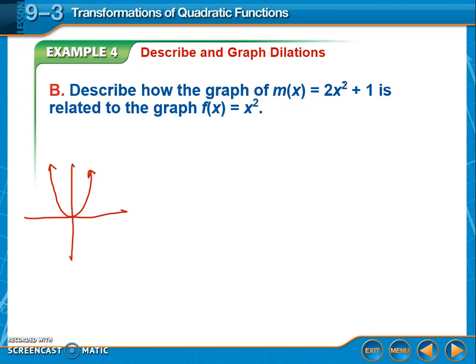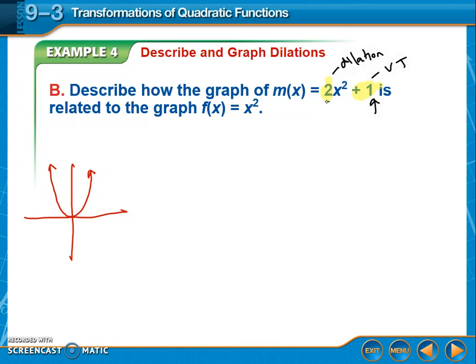And I want to know what I'm going to do to this graph to get this. So I'm paying attention to the two being done different. What I have different is the 2x squared, so the 2 and the plus 1. The 2 in front of x squared means it's a dilation, and this plus 1 is a vertical translation. So this moves it up 1,